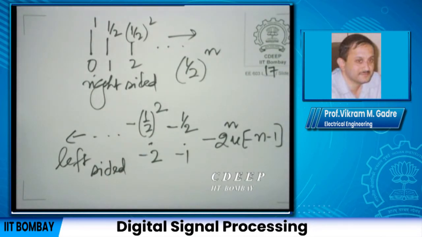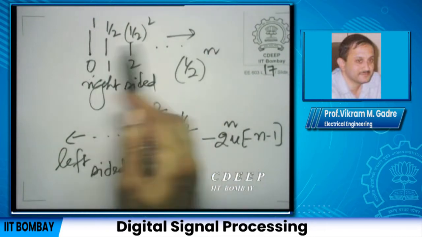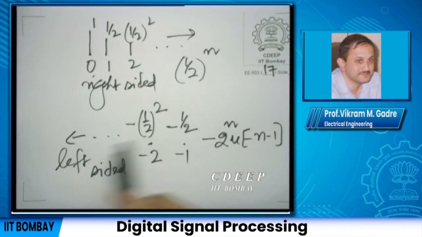And you can put them together. You take minus 1/3 times this sequence plus 4 by 3 times this sequence. Of course, luckily they do not overlap. So, it means you just multiply the corresponding samples either by minus 1 by 3 if they are between 0 and infinity, or by 4 by 3 if they are between minus 1 and minus infinity. Easy. So, we know what the impulse response is.